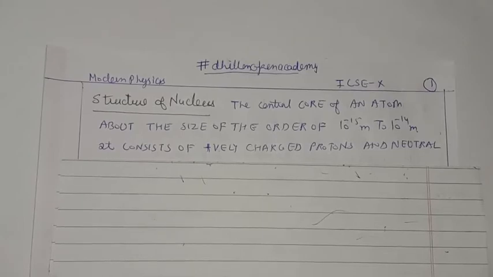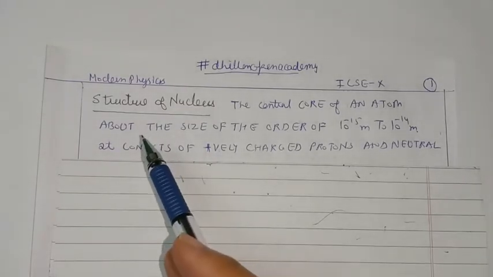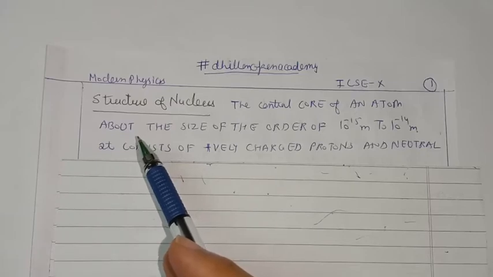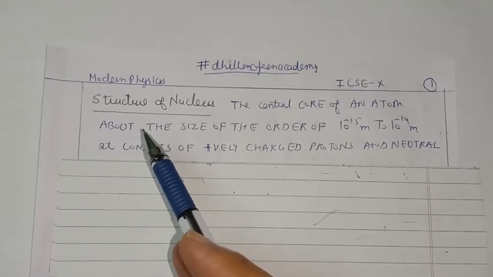Today we are going to discuss our chapter Modern Physics. In this chapter we are going to study radioactivity and the radioactive radiations. But before that we will start with the basics. First, in this chapter we are going to be totally relying on the study of the nucleus. This part of the chapter is not dealing with the atom or the orbital electrons. We are just going to concentrate on the nucleus.